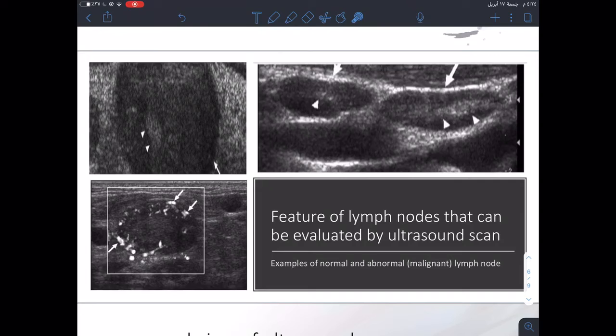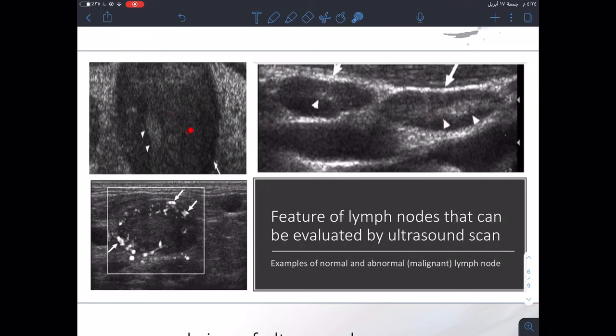So the features of lymph node that can be evaluated by ultrasound scan. Here are some examples of normal lymph node. See here the first picture, the ultrasound showing cervical lymph node oval in shape, with normal echogenicity, and maintaining their normal echogenic hilum. But these two pictures are abnormal